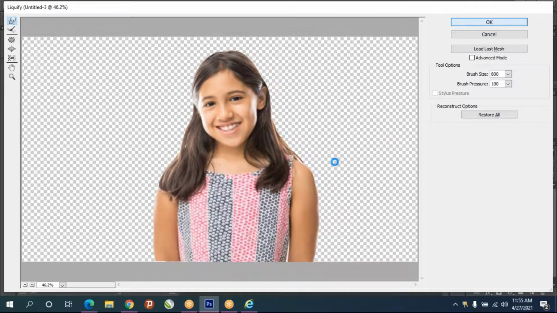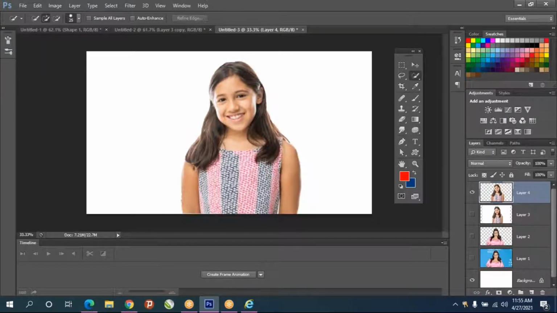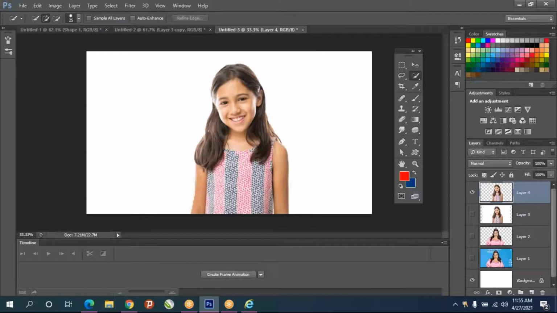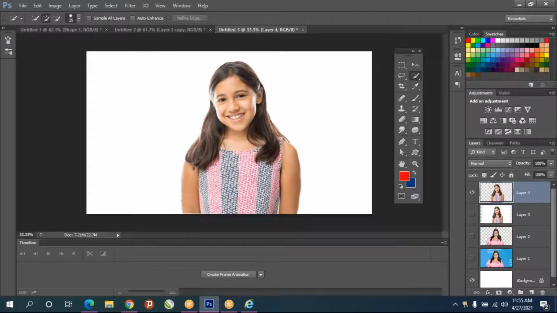And give OK. Before, after. Got it? So you can make anyone fat also, anyone thin also.